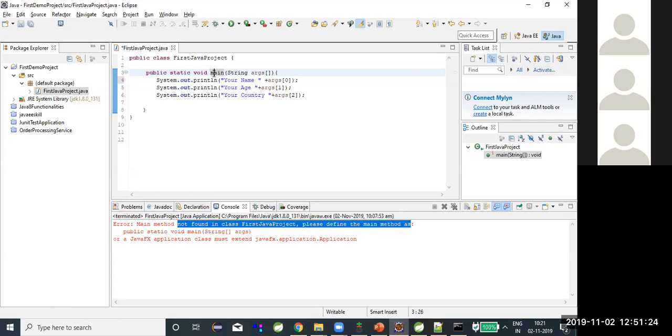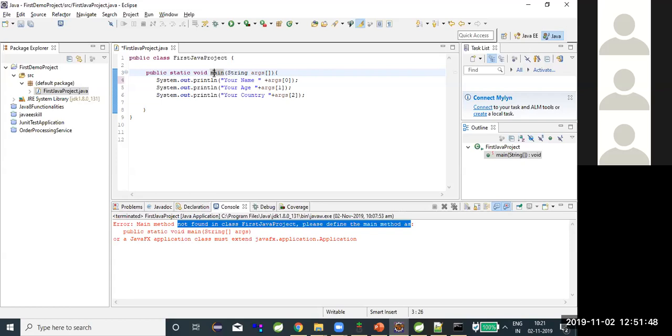Okay, console of operating system, that means we have Windows operating system here, and on the Windows operating system we want to send whatever the argument is being generated, that will be sent into console, and the console will be responsible to print that, show that for us. So system